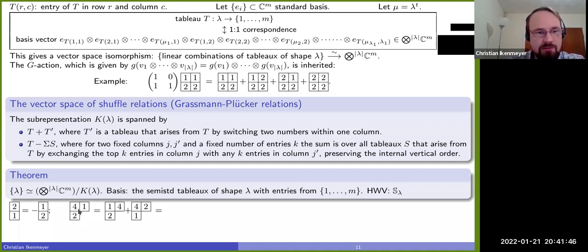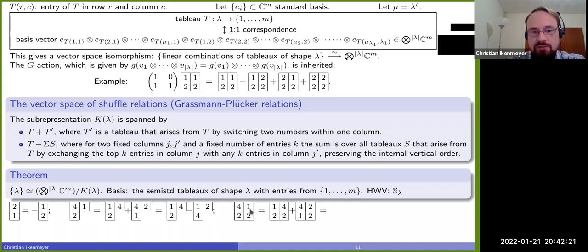This means that if you have a tableau like this, then now you can exchange the 1 with a 4 and you exchange it with a 2, and you sum over all the possibilities. Right, you would have these things and now you can say maybe I don't like it like this because this is not semi-standard. Let me maybe also make this semi-standard. So I'm switching the sign here, getting this. So you do want to actually make it always semi-standard because the basis of this is, and this is a theorem, given by exactly the semi-standard tableaux.